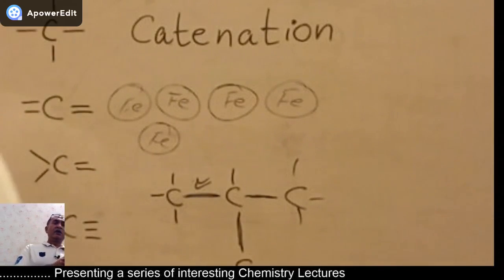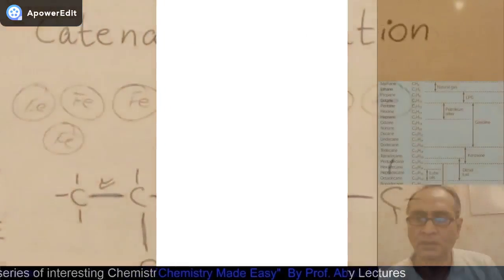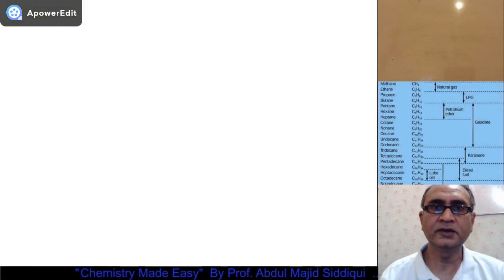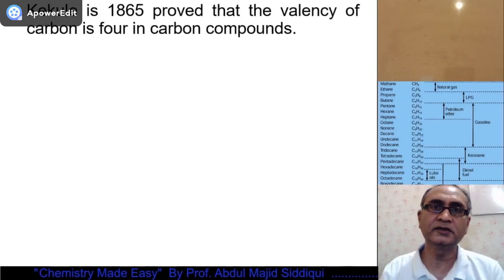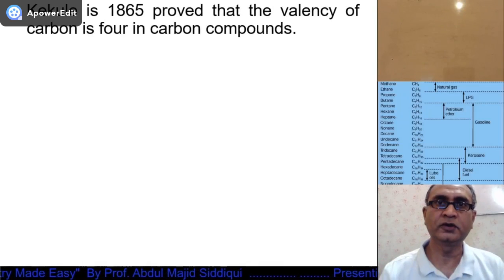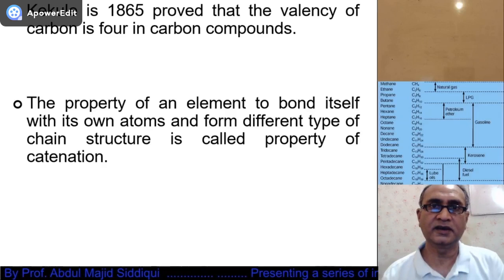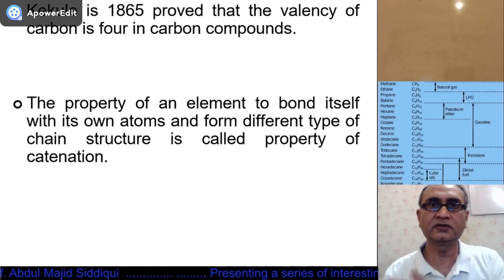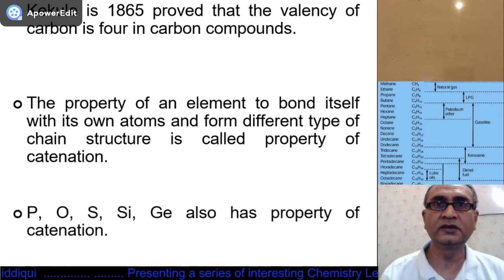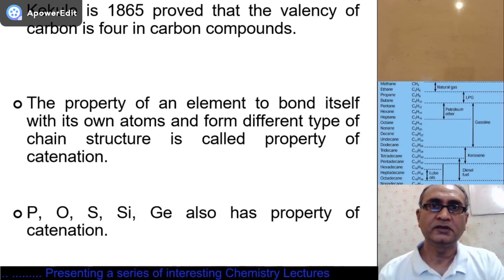Now, let's go to the screen of the laptop again. So what have we just covered? That Mr. Kekule is the person who proposed the valency of carbon is 4. What else? We have covered the property of catenation that exists not only in carbon but also in some other elements like phosphorus, oxygen, silicon, etc. Now we proceed further,